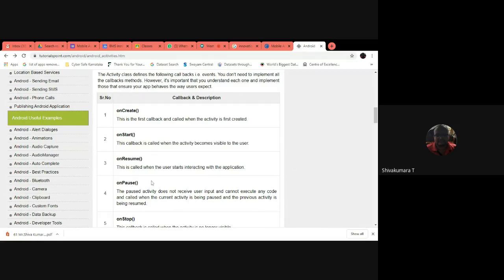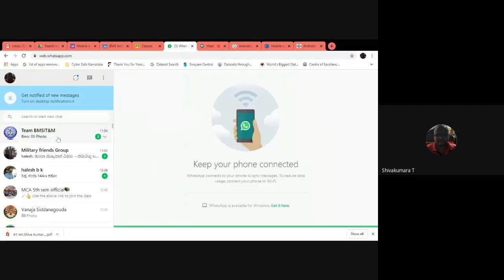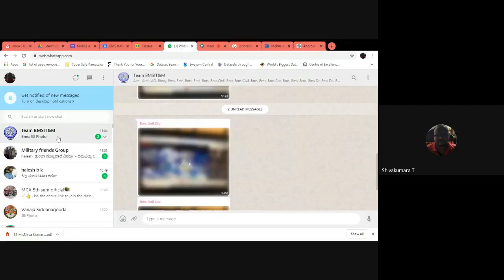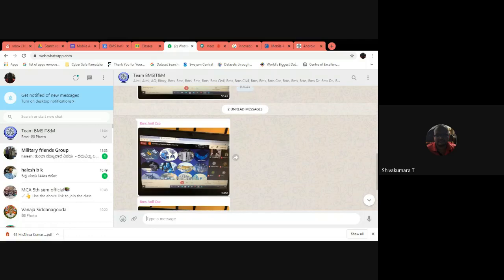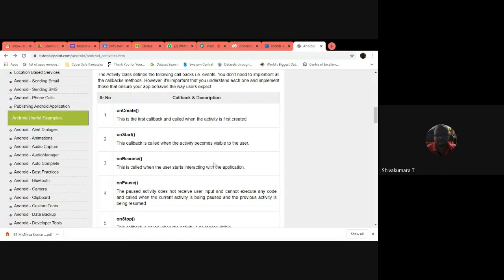onResume is called when the user starts interacting with the application. When I start clicking on the chart groups, relevant information is displayed by calling the onResume method.